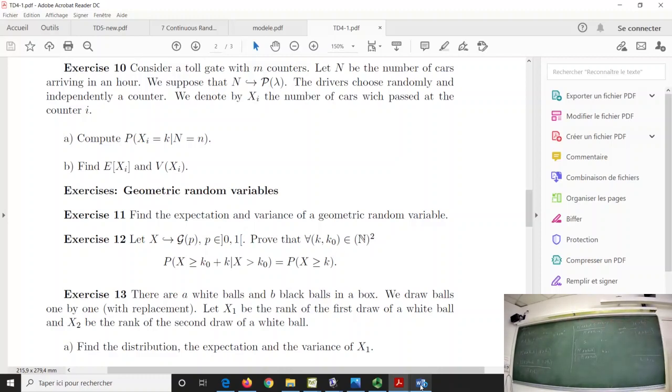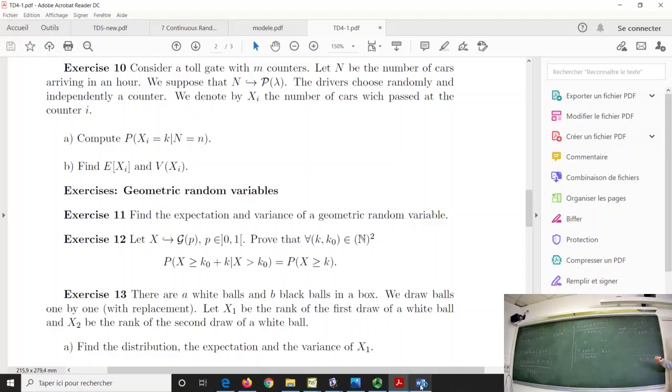Okay, so if I look at what I want to prove now, I said that for k equal to 0, here I have 1, and here I have also 1 for k equal to 0 because x is geometric. So the probability that the geometric is positive is 1 for sure, because the probability to be greater than or equal to 1 is 1. So for k equal to 0, in fact, I have done the job.